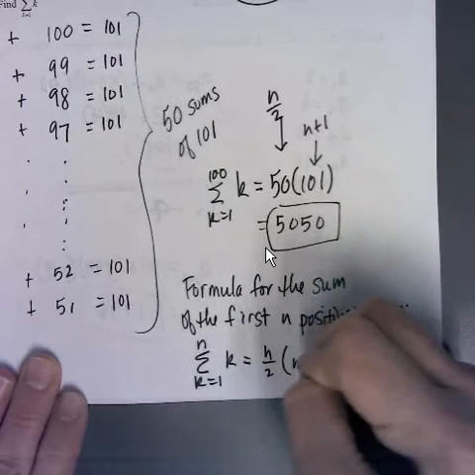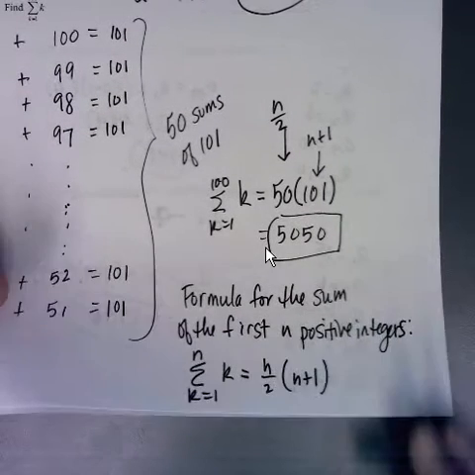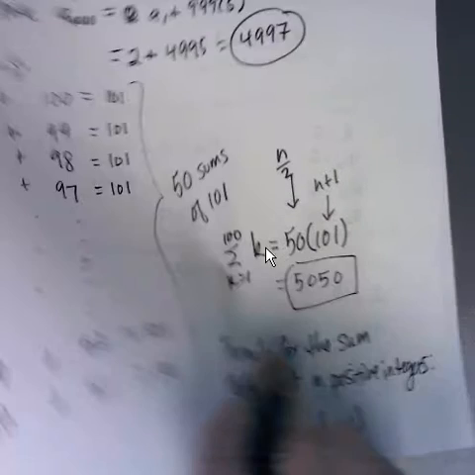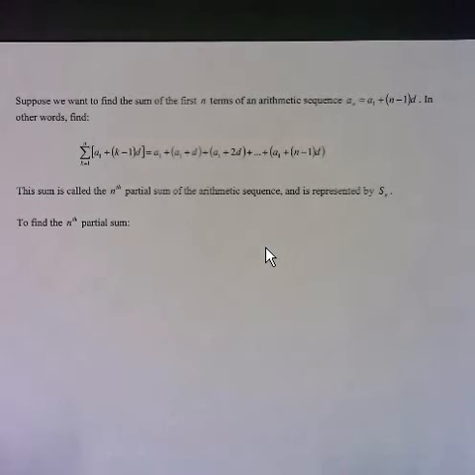Now if you went back and did that problem in the other section, which I don't have those notes handy, and changed that back to 50, you'd be able to do that problem pretty easily. Okay? So why did we look at that here? We're going to use the same basic technique. That problem's pretty easy to understand, and to understand why that formula works. We're going to use that same basic technique now to find the sum of the first n terms of an